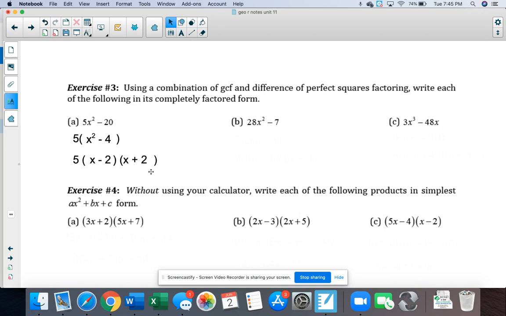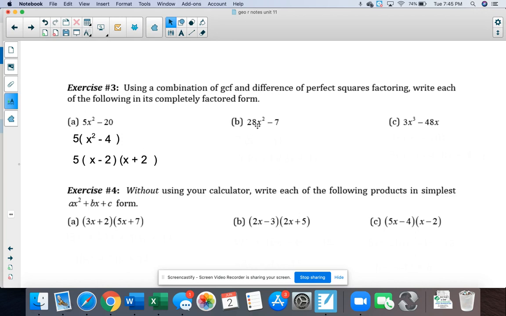One's a plus and one's a minus. So this is the completely factored form right there. If I was to multiply this all out, I would get 5x squared minus 20. You can always check these and multiply them to see if you get the answer that you started with. All right, so if you want to try B and C, and then you can start the video again to